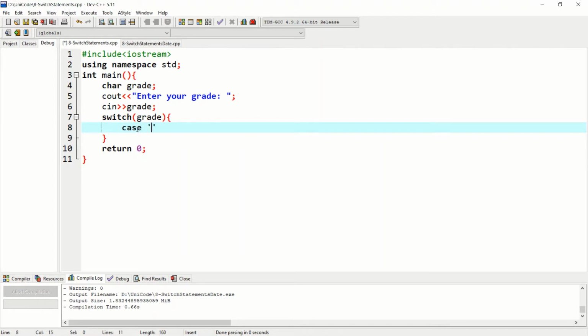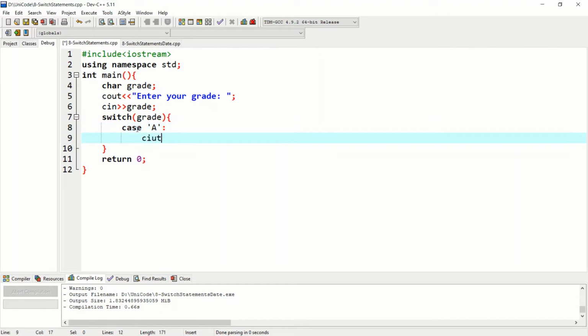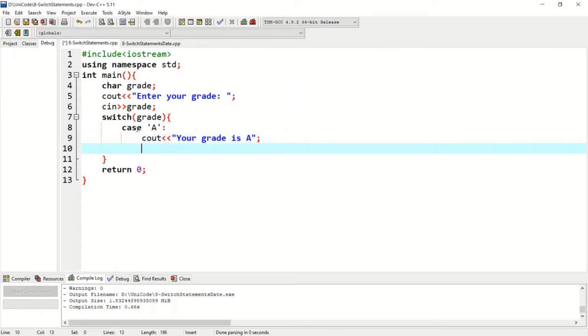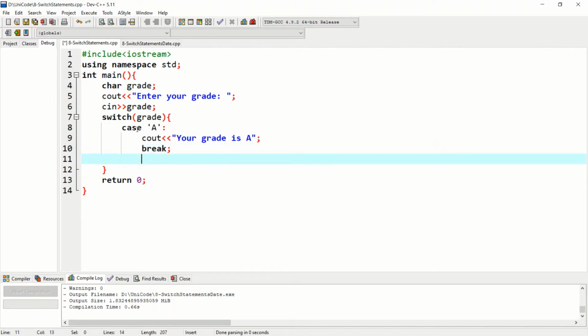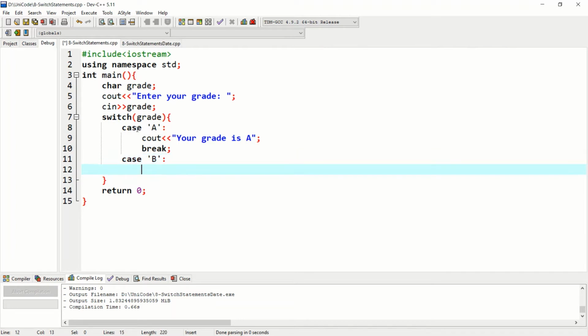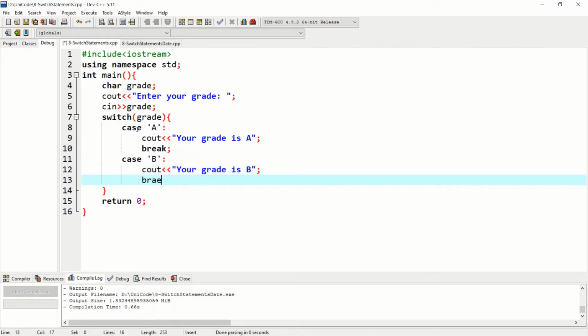Like we can have a case A for grade. We can give an output like "your grade is A". We can give a break statement. Let's make some more cases, like case B: cout "your grade is B", break,